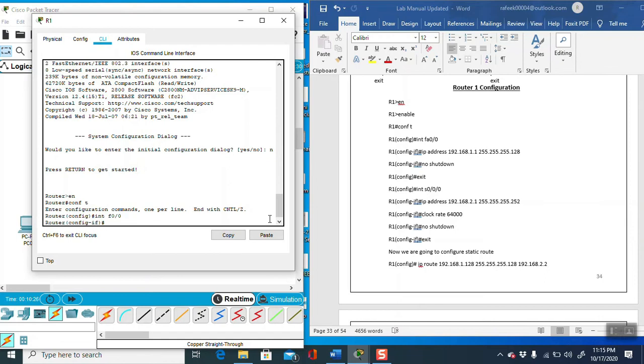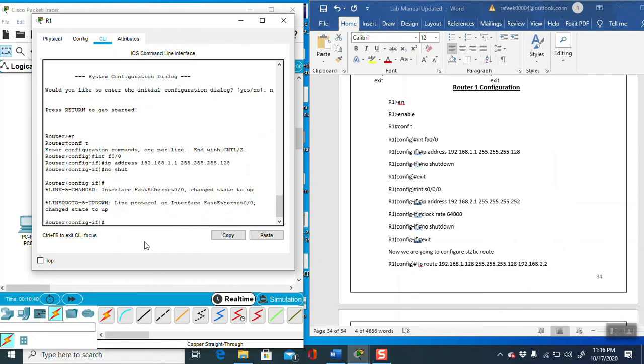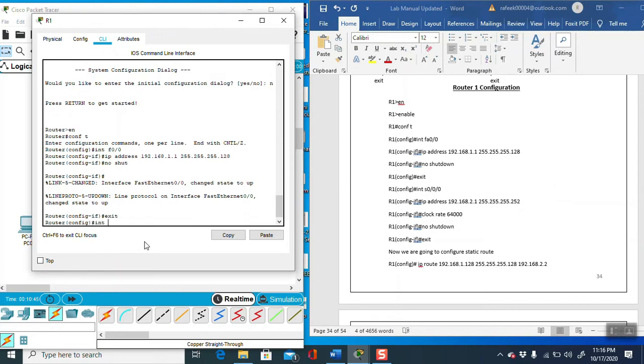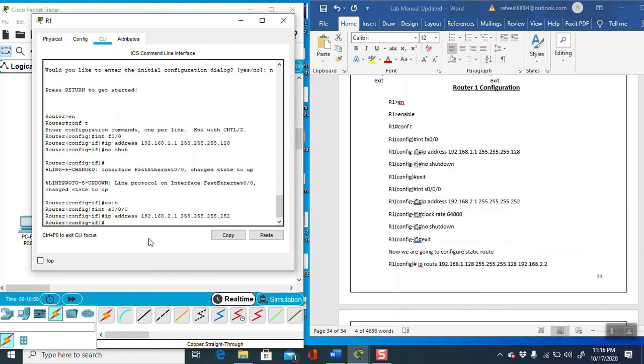Now you can copy the IP address here. No shutdown, exit, then give the IP address on the serial interface. Then you can copy the same IP address. Then write the clock rate.